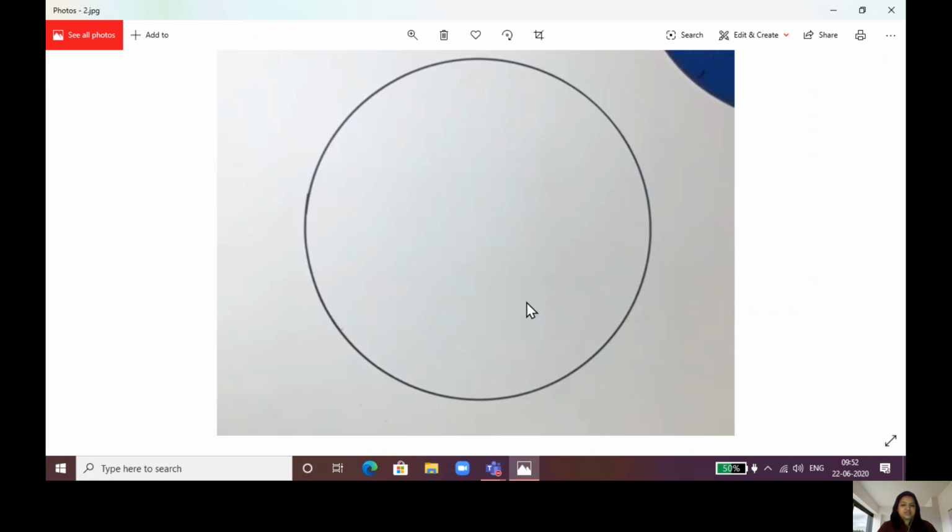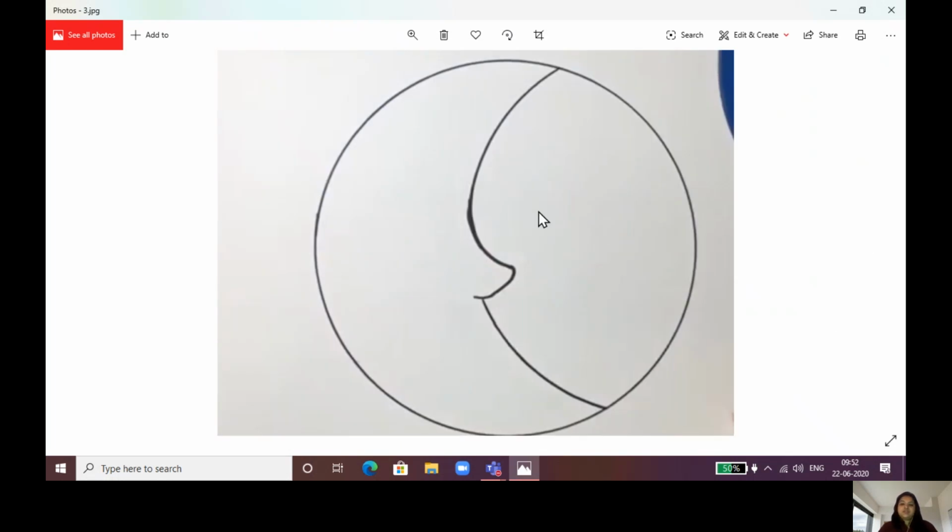You can see the size of the circle and my paper size, so make out how big it should be. And I will suggest always make your drawing bigger in size. So start with a big circle, trace it. Once you're done with the circle, inside the circle we have to make one curved line from start to end like this, as shown in the picture.